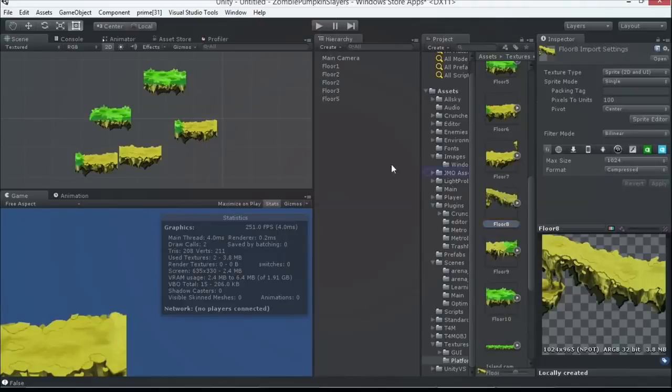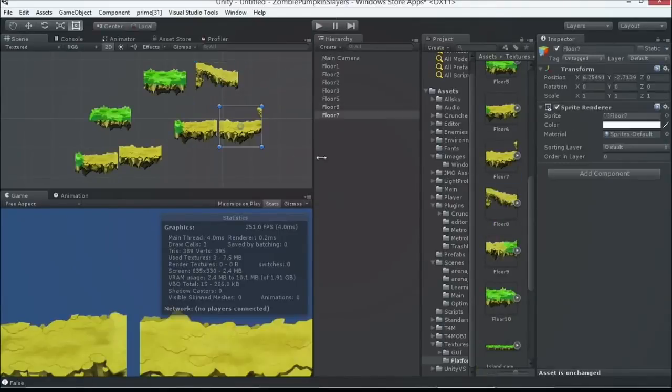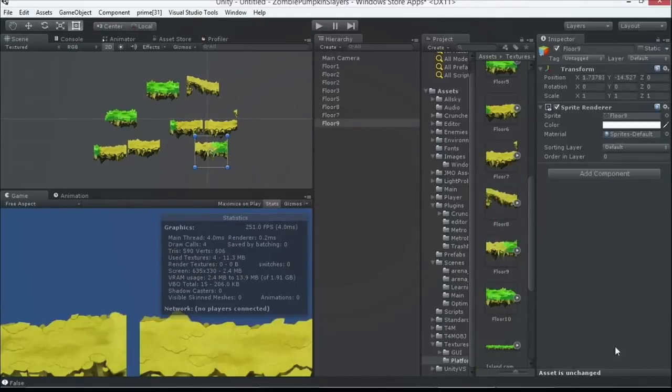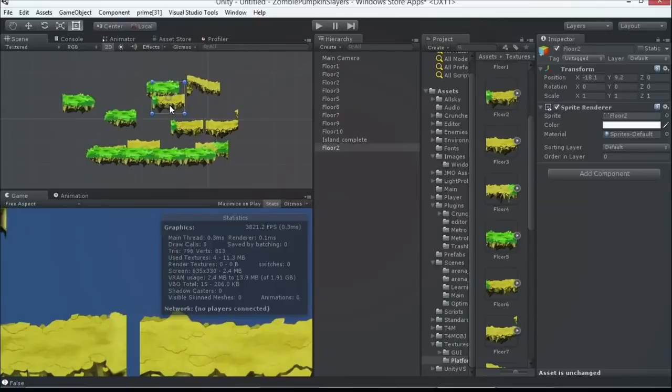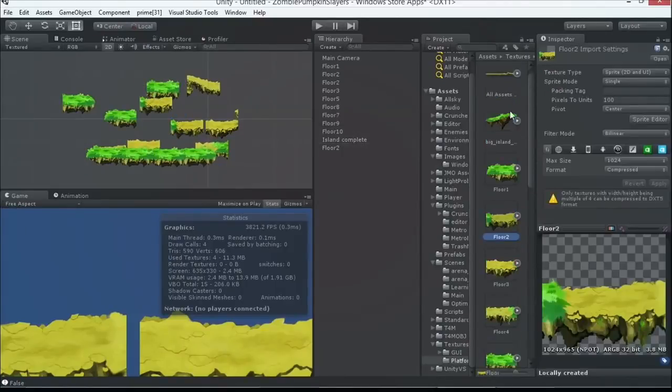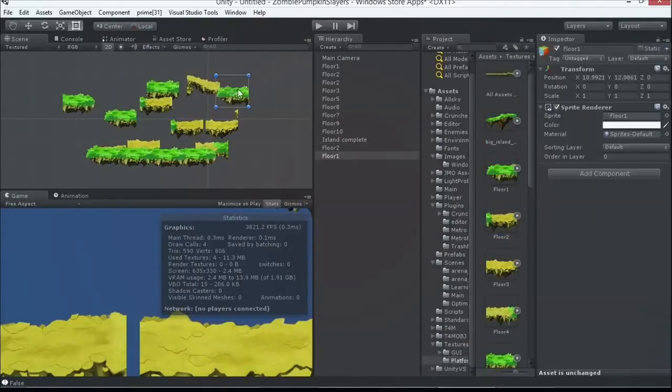Actually, I don't want to create an animation. That's why it's asking me that, because I dragged a bunch of my sprites in there all at once. So my draw calls start to increase here a little bit. What I can do with all these, let's assume I've got many, many 2D assets in here,